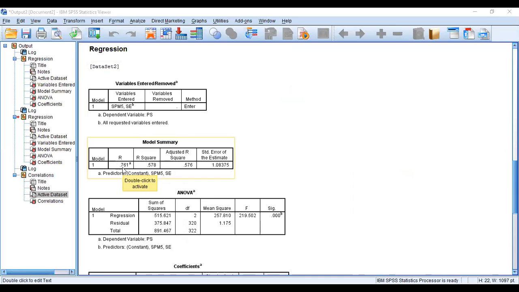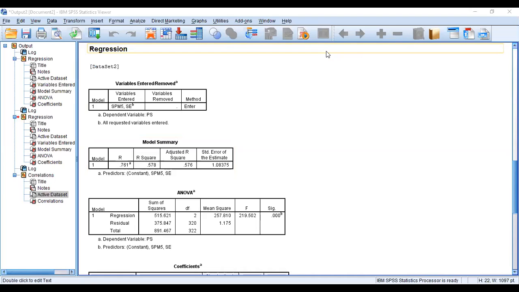The correlation table shows the value of correlation is 0.756, which is approximately near 0.761. So we can see that there is a positive association or correlation between the independent variables and the dependent variable, and that correlation is up to 76.1%.